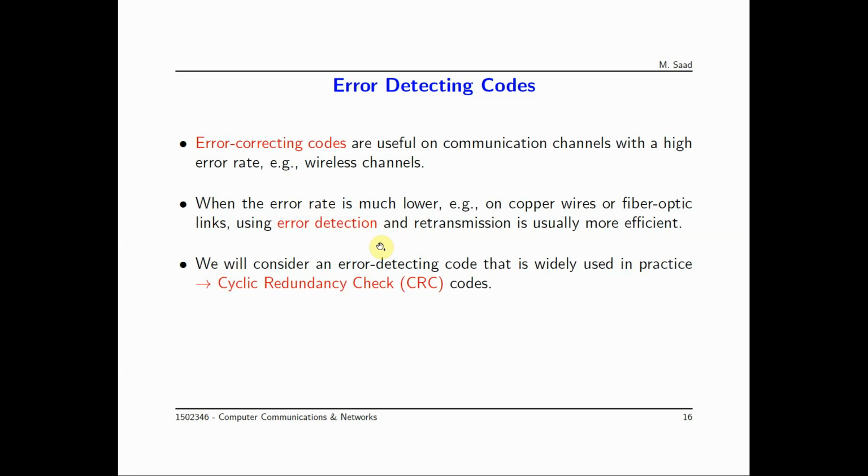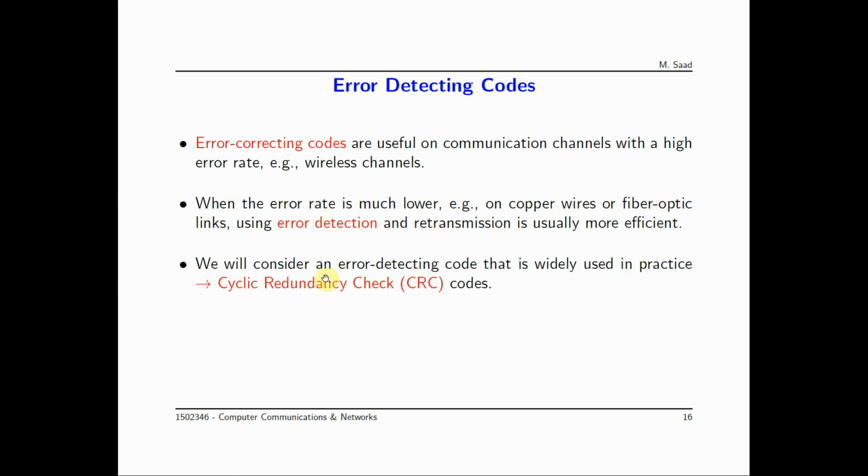So the main take-home message here is that both error correcting codes and error detecting codes are useful. Error correcting codes are useful in communication channels with high error rates, if we are expecting a lot of errors, but error detecting codes are useful in channels with low error rates, like in wired channels in general, like copper wire and fiber optic. And since error detecting codes are useful after all,